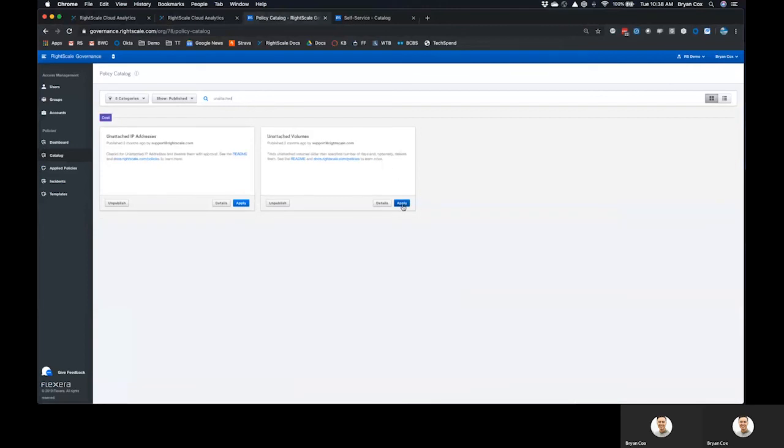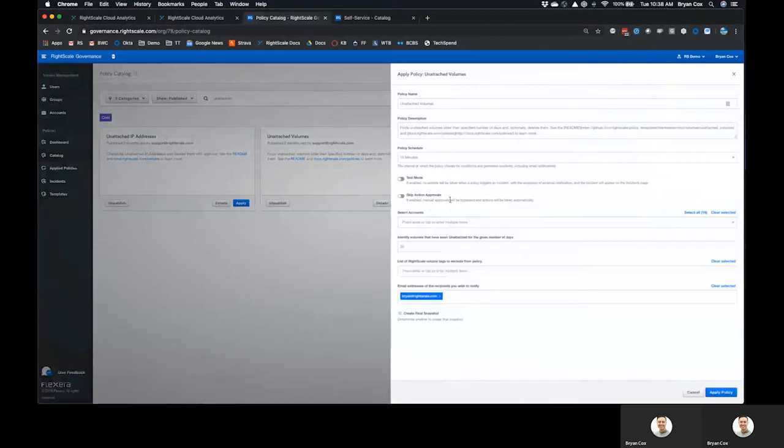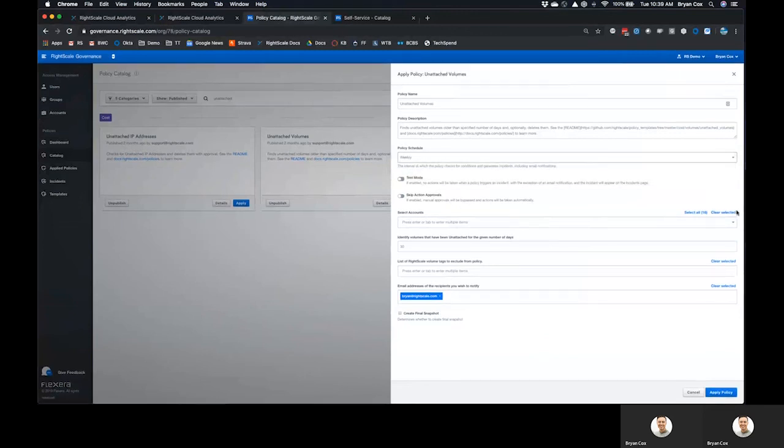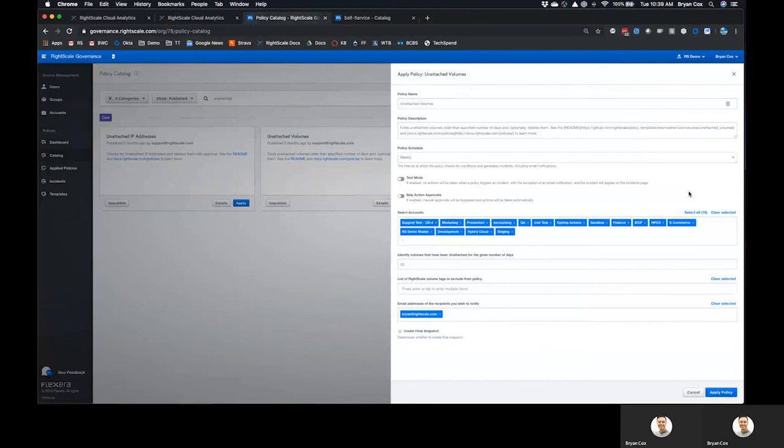We have a pre-built asset. And again, this is governance as code, so you can edit the code and optimize these as needed. But essentially, you can come in and set a schedule. Typically, our customers run it daily, weekly, or monthly, especially for unattached volumes. You can select all of your cloud estate, or you can segment this out as needed and then identify volumes